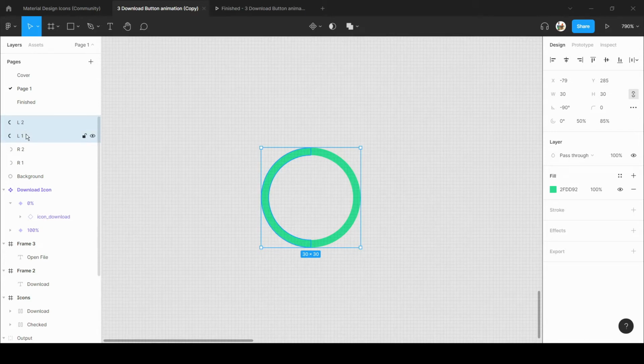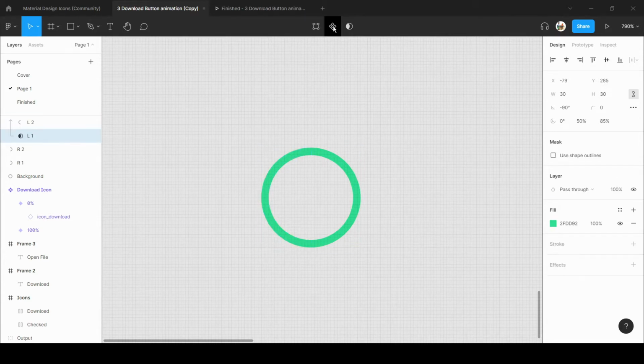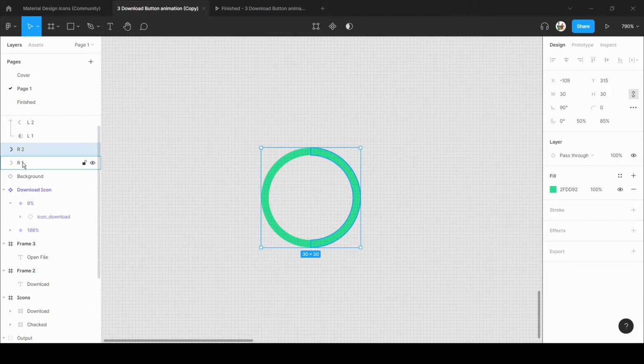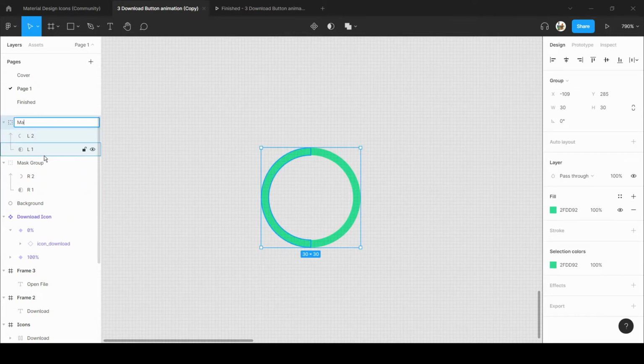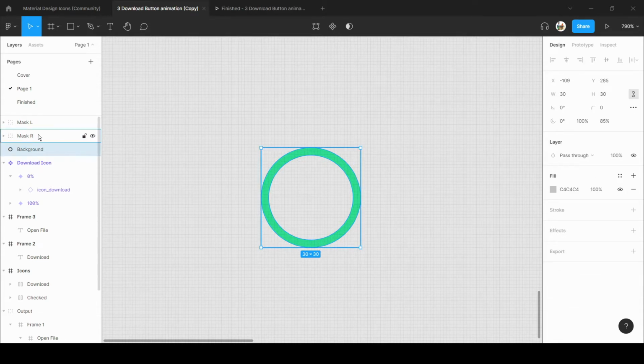So select L2 and L1 here and say use as mask. Select R2 and R1, then select use as mask. So here I will say mask L, and for here I will say mask R, and now we have the background.